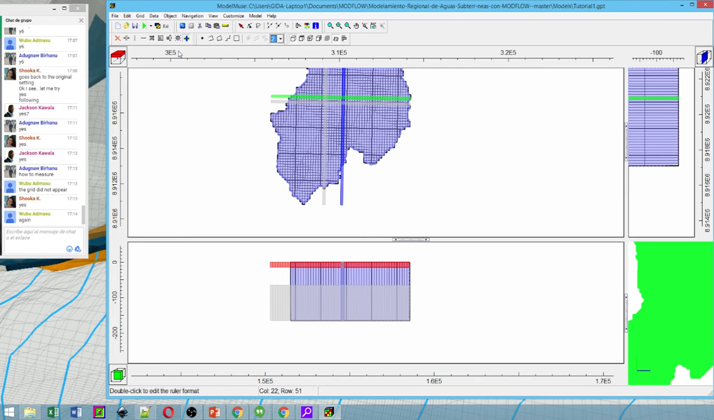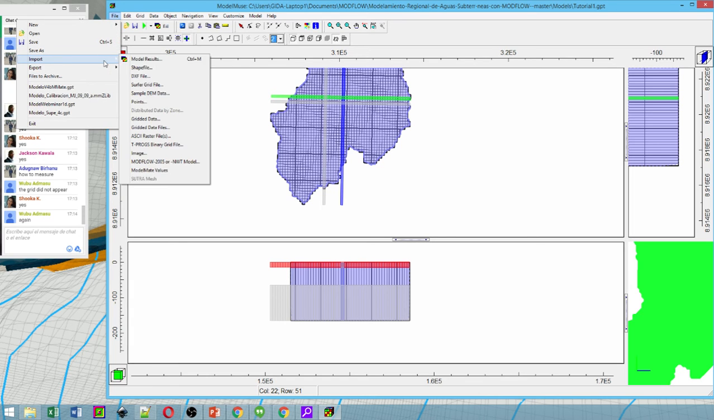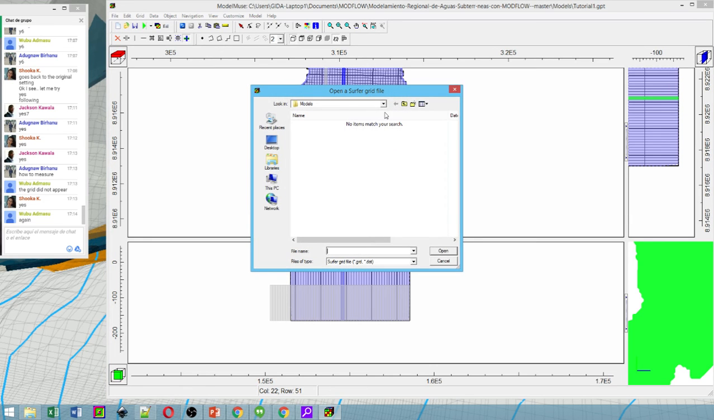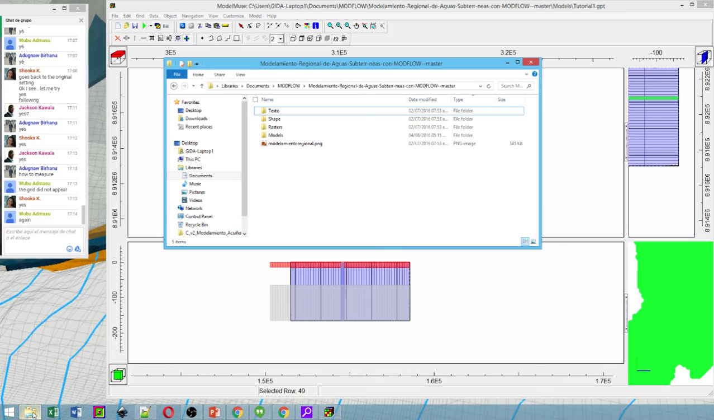Okay, and then go to File, Import, Surface Grid File. Everybody, File, Import, Surface Grid Files, and here on rasters. Go to your File Explorer, and here where you have rasters, I have compressed the surface grid file because